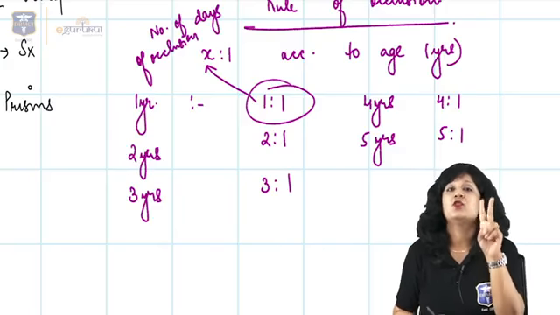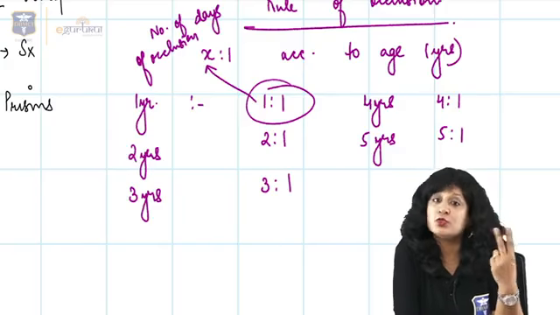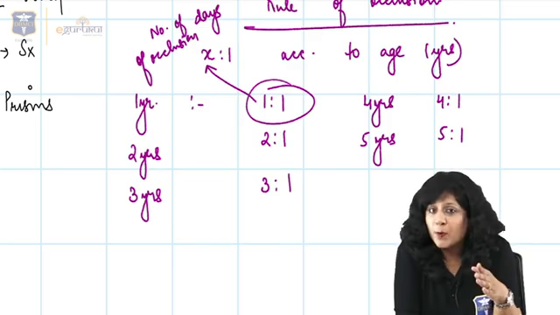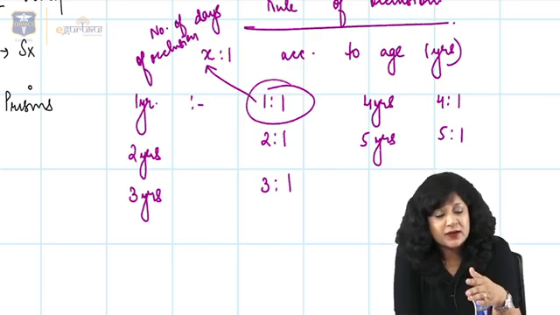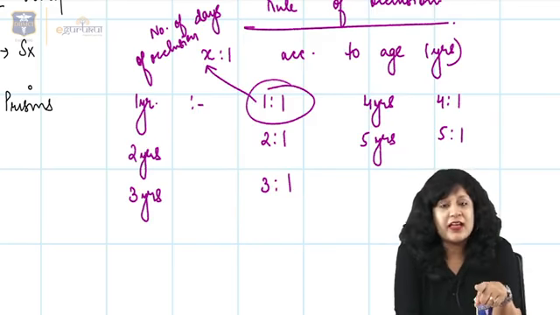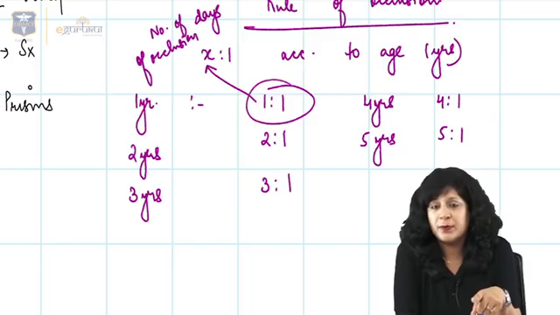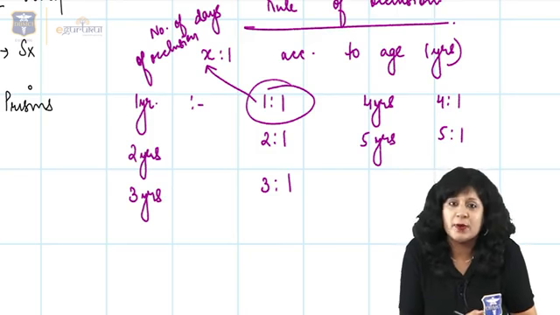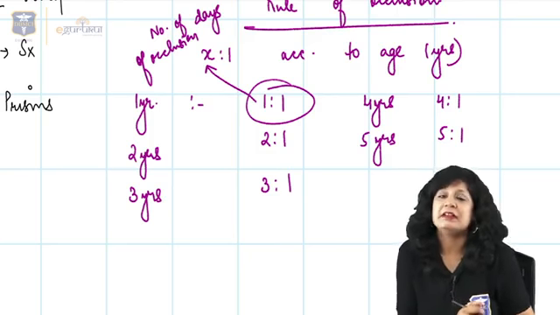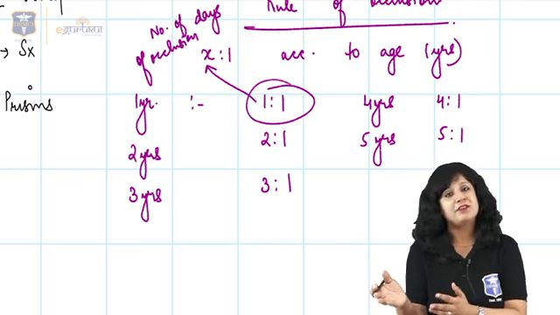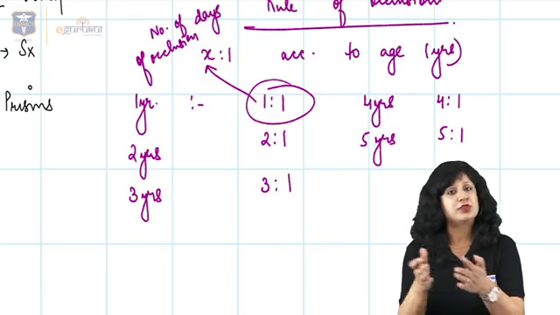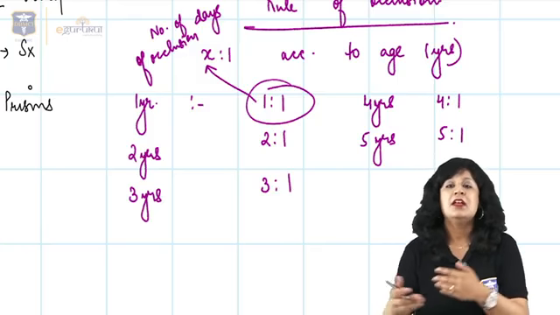At 2 years of age, you will increase the number of days of occlusion to 2. So now you will follow 2 is to 1. So 2 days occlusion, 1 day open, 2 days occlusion and 1 day open. At 3 years of age, go with 3 is to 1. So now 3 days occlusion, 1 day open, 3 days occlusion, 1 day open. Similarly at 4 years of age, 4 is to 1, 4 days occlusion, 1 day open, 4 days occlusion and 1 day open. And then at 5 years of age, go with 5 is to 1, 5 days occlusion, then 1 day open, 5 days occlusion and then 1 day open, and similarly we can do it.